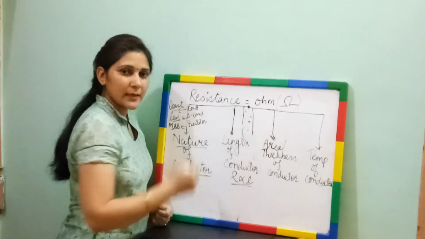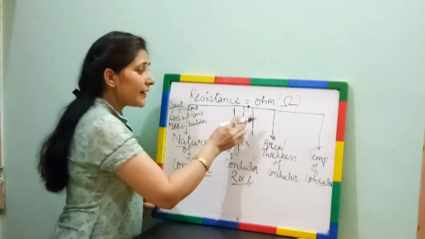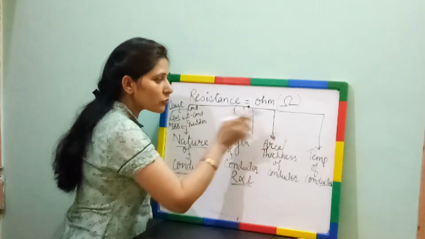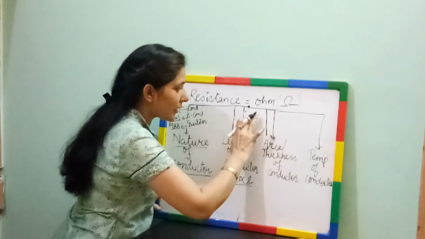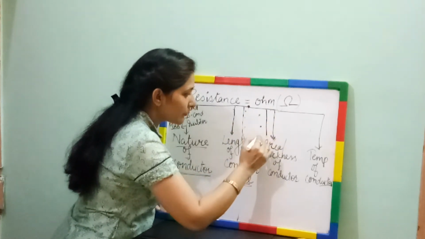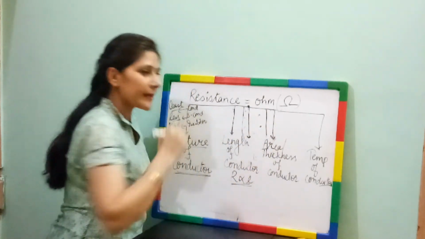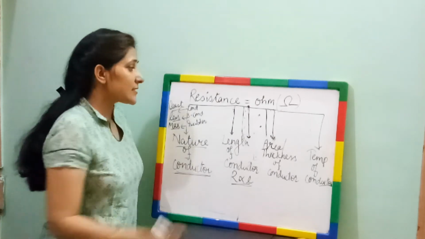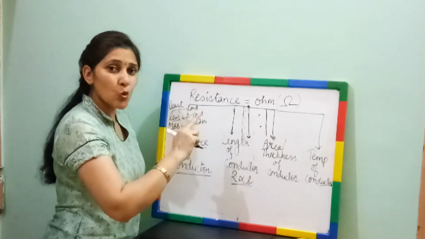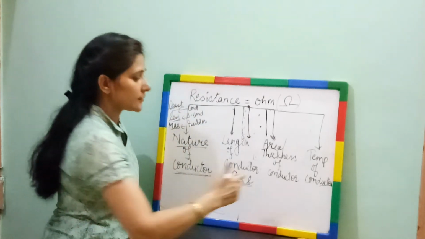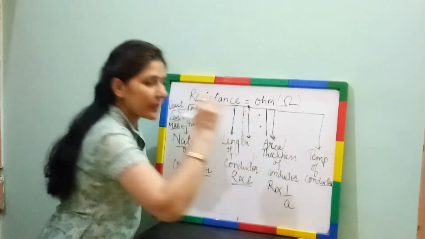You are behaving as electron here, these are behaving as positive ions here. Okay, but what if the thickness of the road will be increased? These are the 6 vehicles. अगर मुझे इनको इतने पर पार्क करना होगा, so I can get more space to park these vehicles and easily without any hindrance I can cross over here. That means resistance will be less if thickness will be more. These two are inversely proportional to each other. So resistance is inversely proportional to the area.